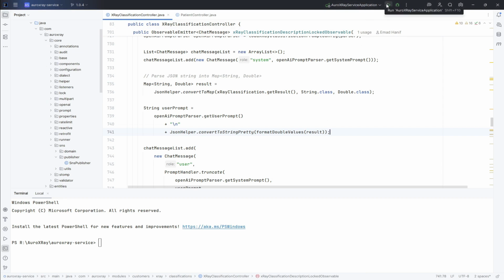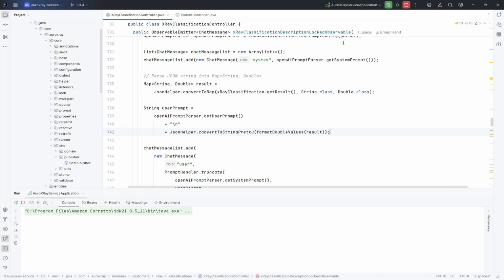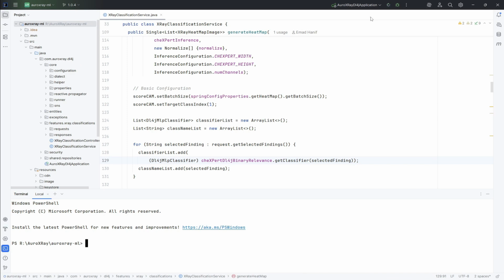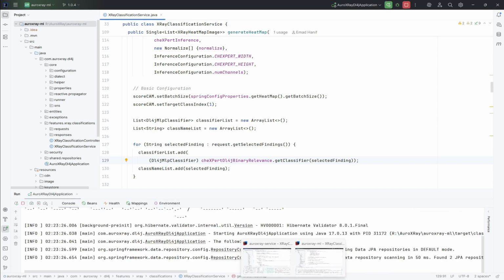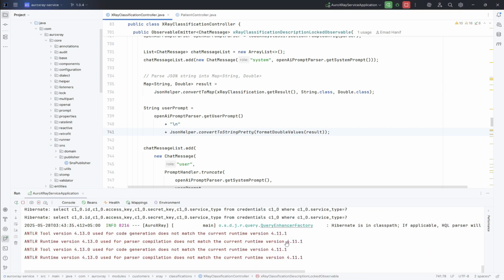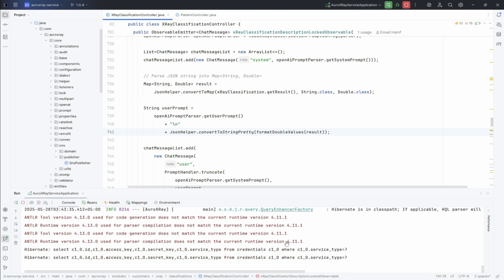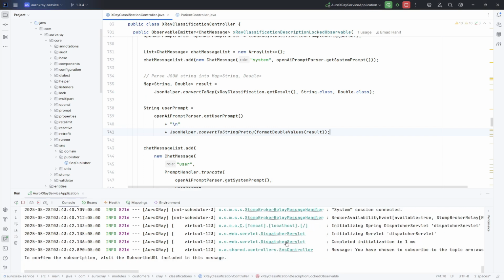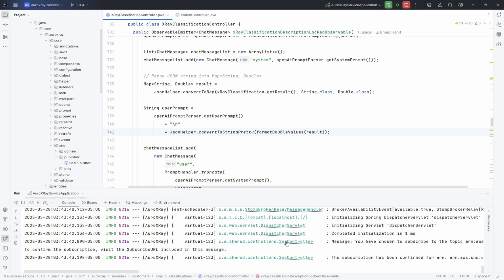By the way, I've already started the PostgreSQL and RabbitMQ services locally and also configured the SNS endpoint. And let me also start the Oro X-ray machine learning service. By the way, our Deeplearning4J model runs on CUDA version 11.2, and it's actually embedded within the application itself, which is a good approach, unlike relying on the system's CUDA installation.